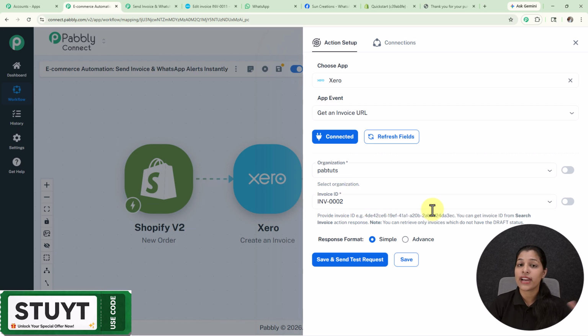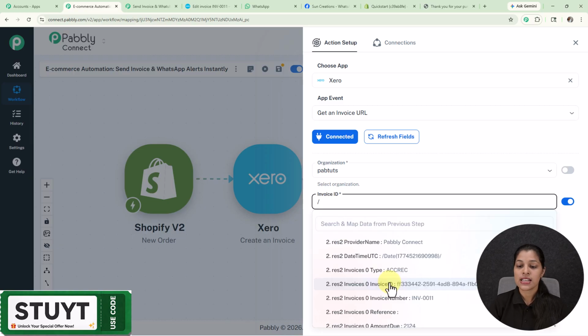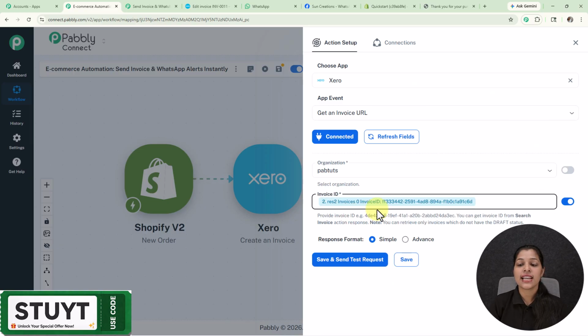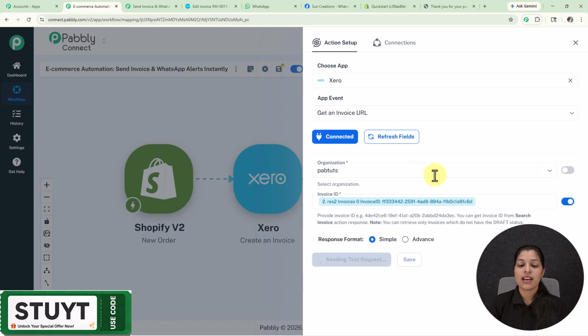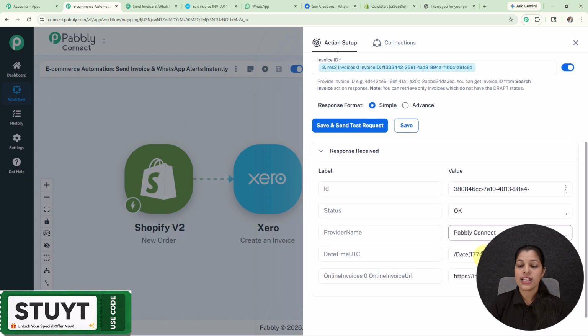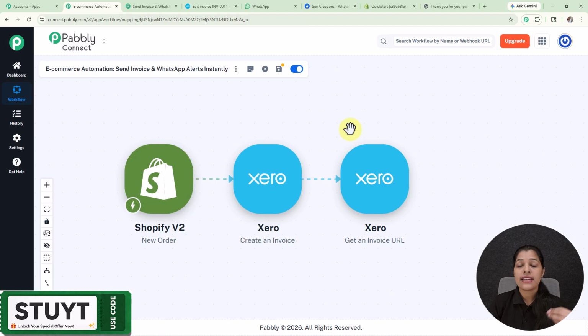So here instead of writing the invoice ID, I'm going to enable this map button, and now I'm going to map the invoice ID received from my previous step. So here I'm going to map it. So here you can see that I'm getting this invoice ID which I'm going to map. Now we just have to click over the save and send test request, and here you can see that in the response I'm receiving my invoice URL,